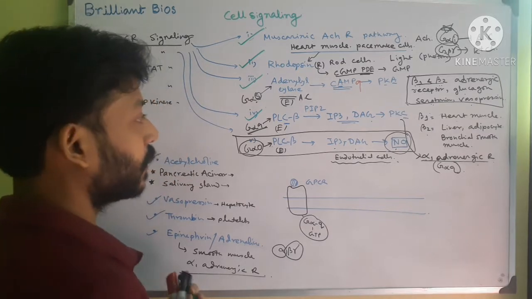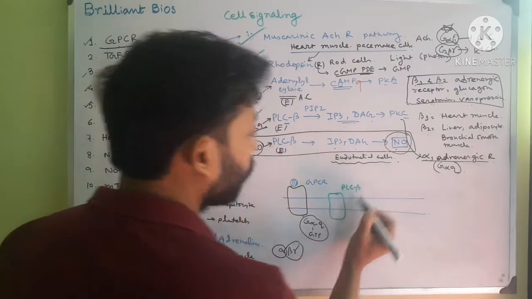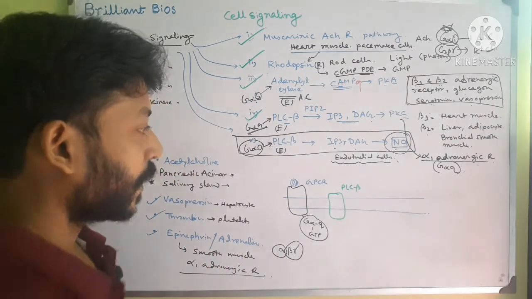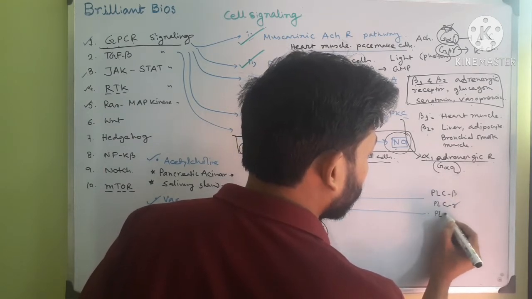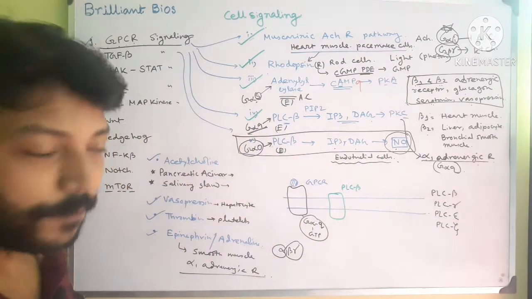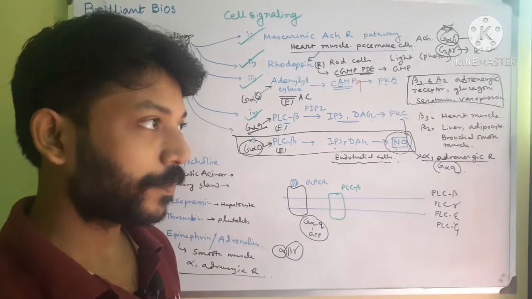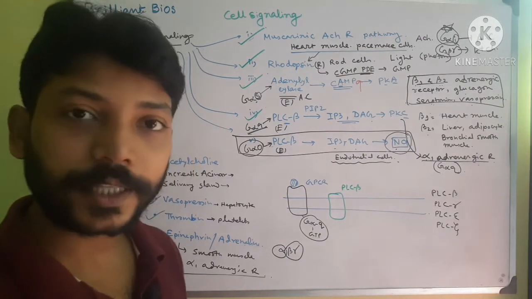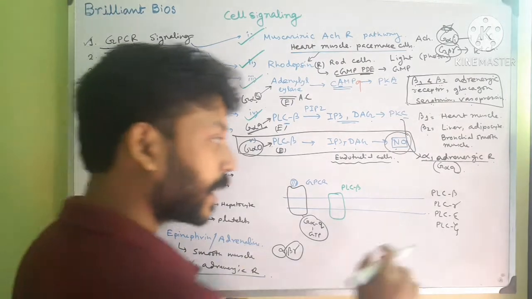protein, that is here, the PLC, phospholipase C beta. Let's suppose this is the PLC beta. Why am I telling PLC beta? Because phospholipase C can be of different types. That is PLC beta, PLC gamma, PLC epsilon, PLC zeta, but there is no PLC alpha. There is another type, PLC eta, but scientists don't have the exact knowledge about the function of PLC eta and PLC delta, but they have found the function